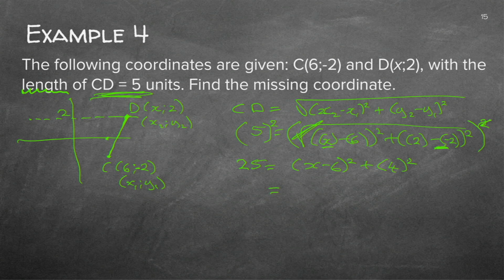Now again, you can try the two different methods, or you can do the one where you get the trinomial in the end, where you need a 0 there. This gives me x squared, remember, plus x times minus 6 is minus 6x, but I must double it, so it's minus 12x. Minus 6 times minus 6 is plus 36, plus 16, and that 25 I'm also bringing to this side. So I'm going to get x squared minus 12x plus 27. Don't forget to put your 0 on the one side.